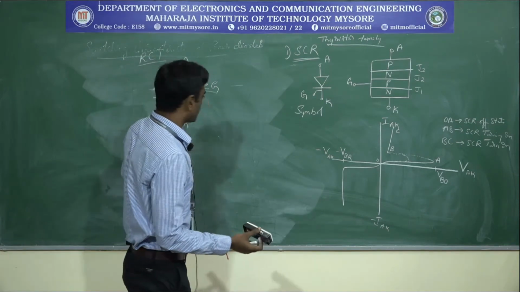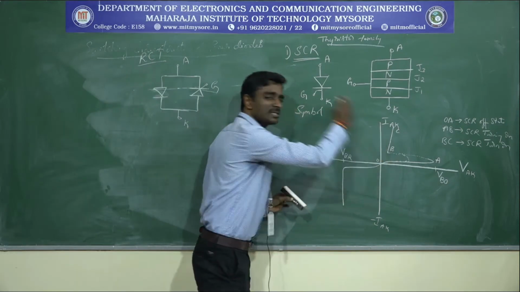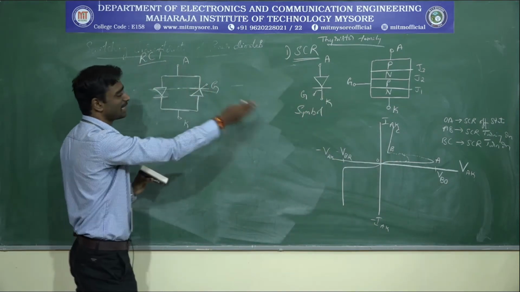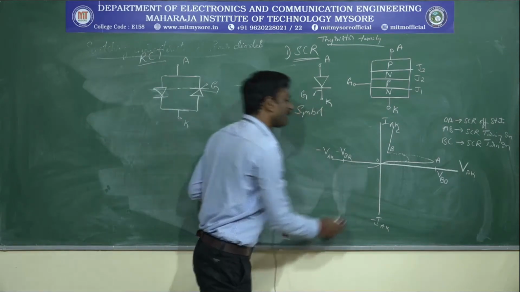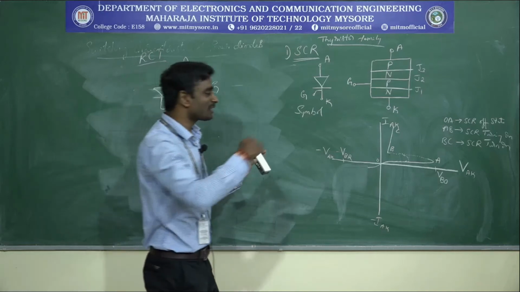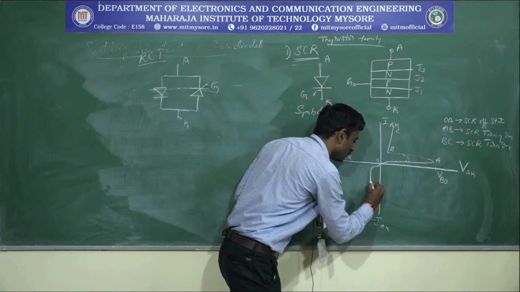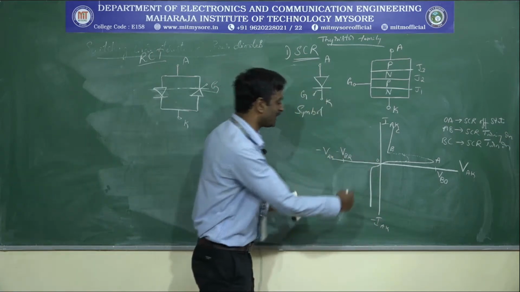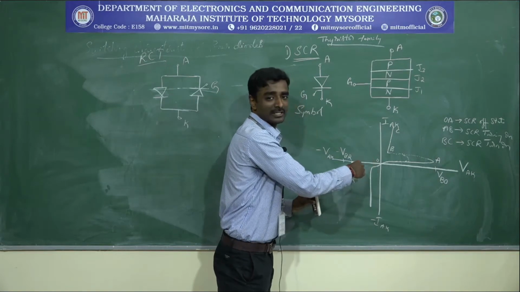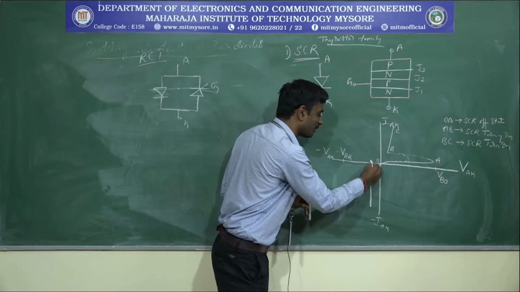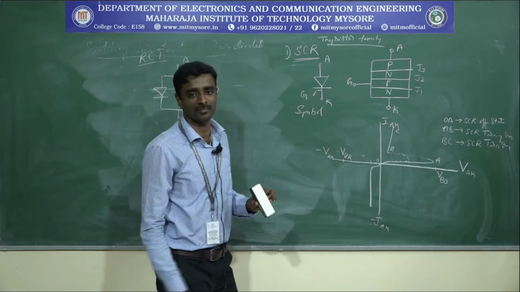So what is the difference with respect to this particular thing? The forward conductivity will be similar to that of an SCR, but in the reverse direction, due to the use of the anti-parallel diode, the reverse conductivity will be very less. For that reason, I can say the reverse blocking will be very short. So your VI characteristics will vary with respect to the reverse breakdown region in this case. The reverse breakdown region can be mentioned up to this point.